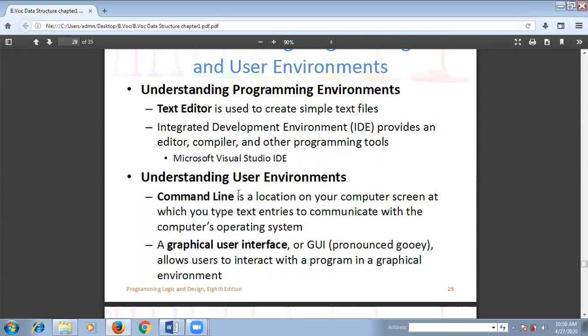We can consider command line prompt as the black window through which user is giving some input and viewing how the software is behaving. That is the black window, CMD, command prompt. And the second way is by using graphical user interface. User can interact with the software through the graphical user interface also. Graphical user interface is normally referred to as GUI. What is GUI? Whatever software we are using over the Windows operating system, whatever apps we are using over mobile phones, we are interacting with their graphical user interface.